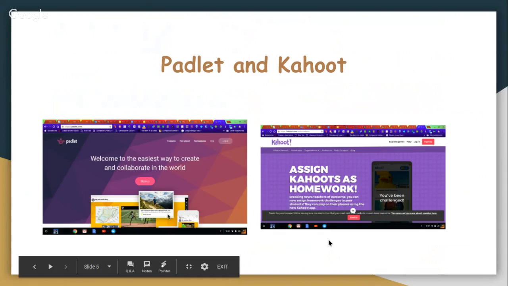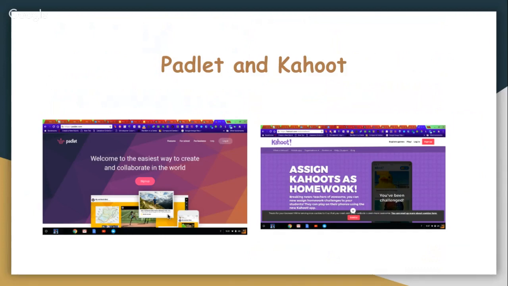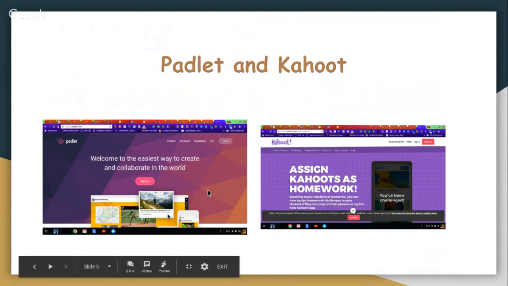A couple others that I've used is Padlet. Padlet is a fun one. It's kind of like a whiteboard. The screen goes up there, and the students can log into your Padlet number, and they can add comments in that in live time, and it just pops up there. So that's another one that I've used. I've used it for